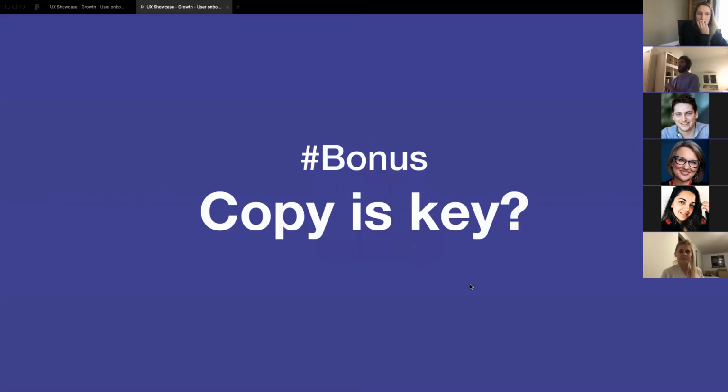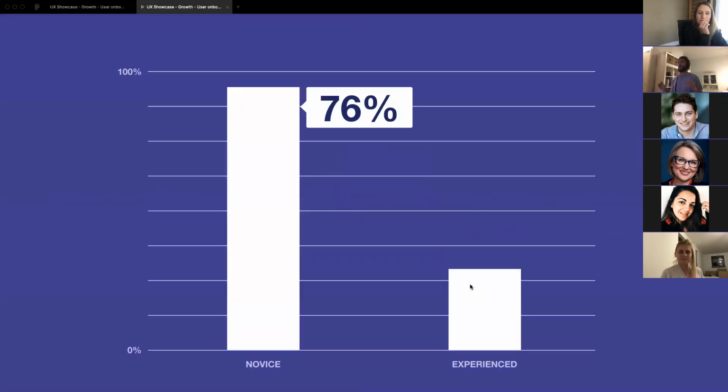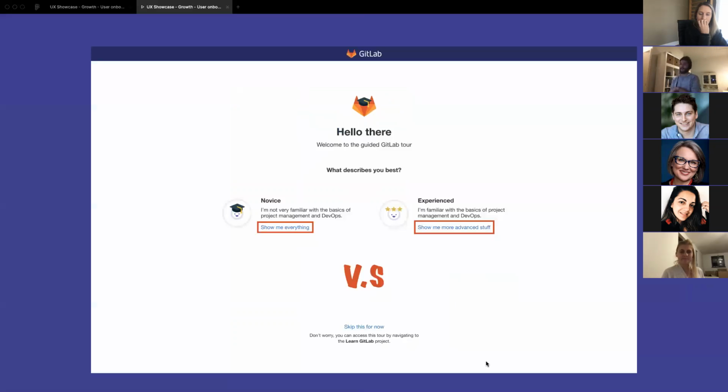This one is a bonus one. Copy is key. We're still trying to validate this one. But if you remember one of the previous screens, we had this split between novice and experienced, and the distribution actually shows us that most of the people that were enrolled chose novice. So can you then conclude that most of the software developers that sign up for GitLab are novice in DevOps? Well, not yet. Basically, if you look closer at the screen,